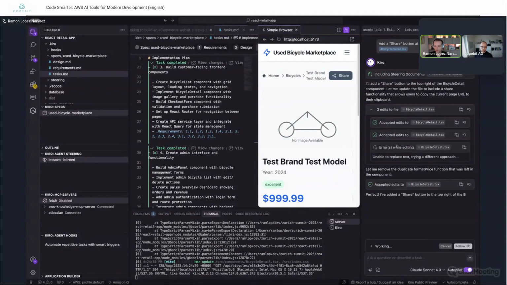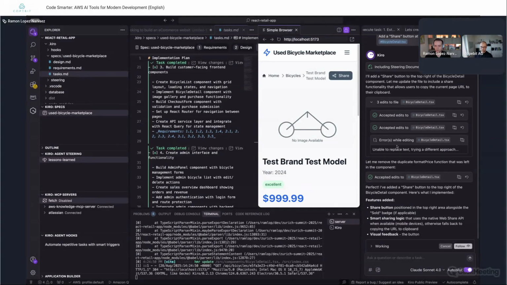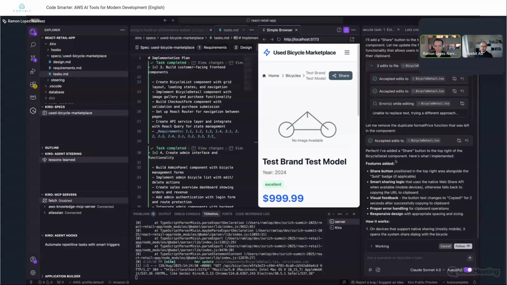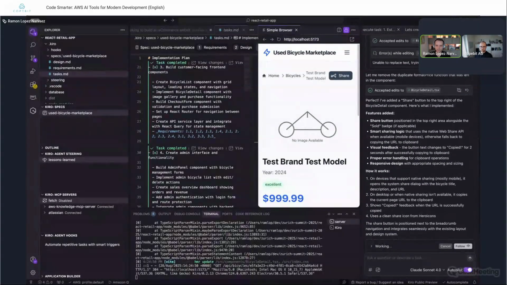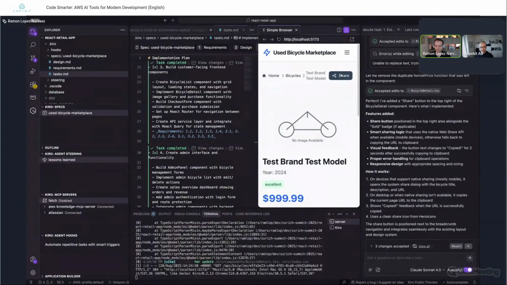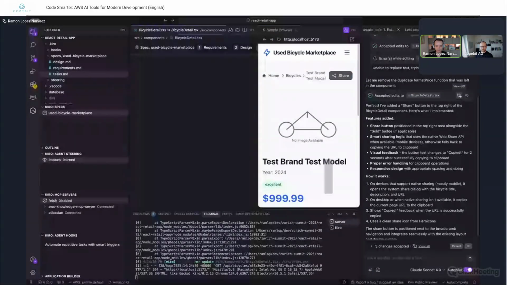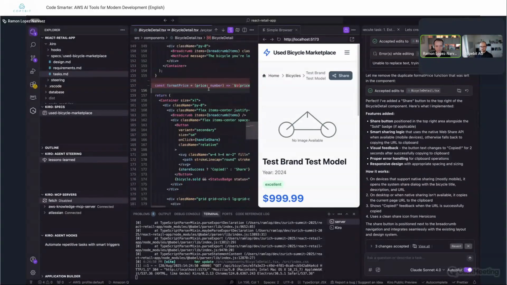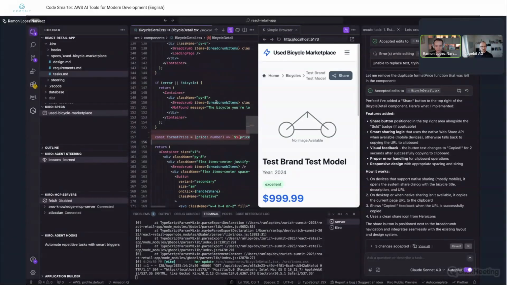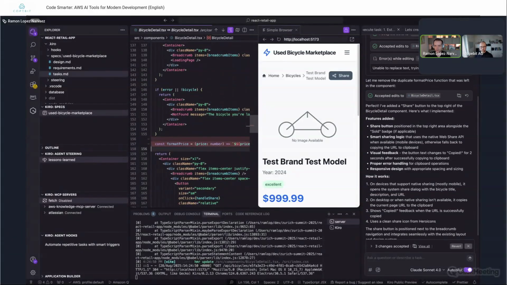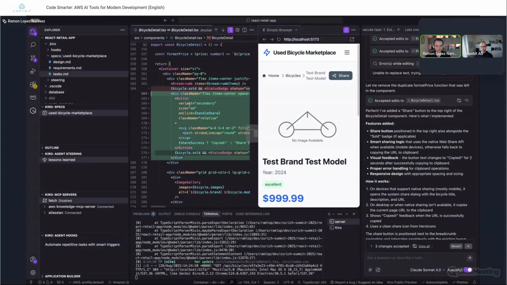Okay, looks better. So it ran into an issue, as you can see, but it fixed the issue autonomously. And you can see that we now have at the top right this share button here. So it gives me a summary of what it has done. And I can view the diff, so I can see exactly what happened here. It removed something that was in the way or buggy, and I can look at each change it made.